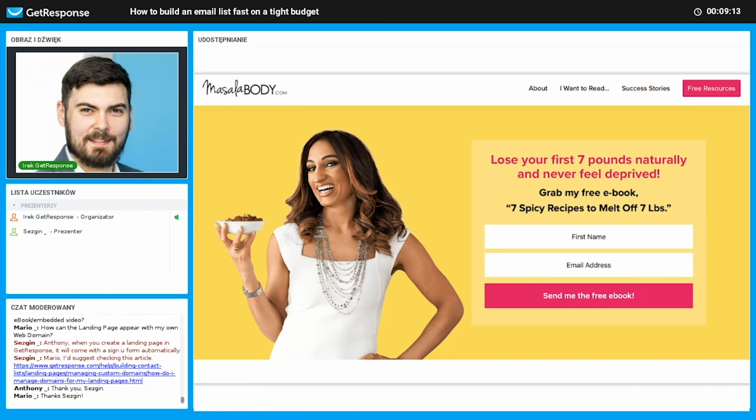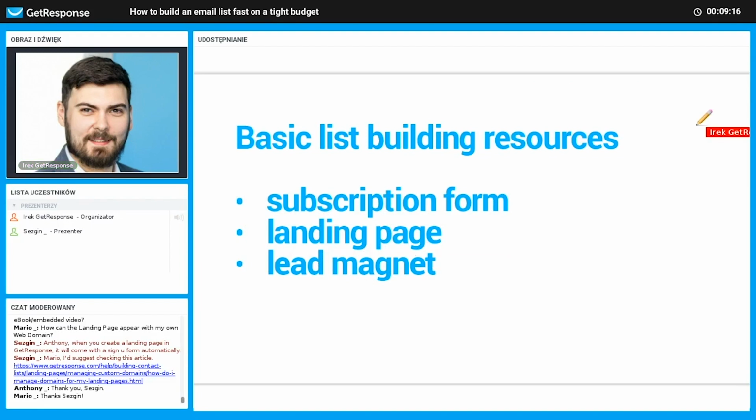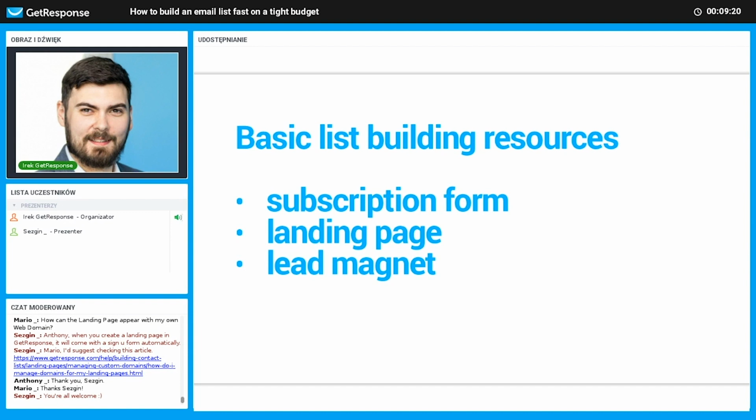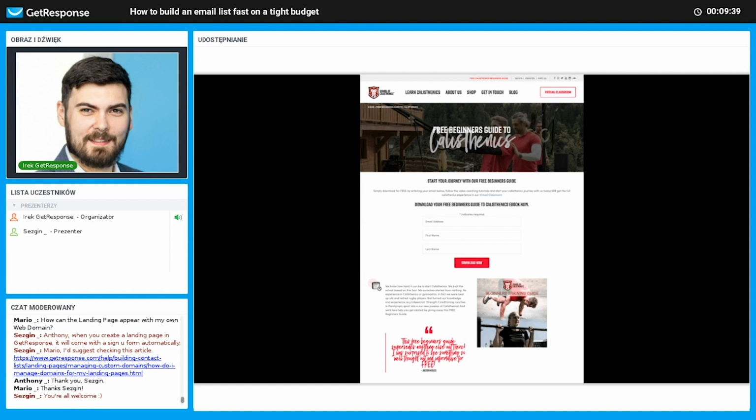So yeah, we've got a web form, we've got the landing page, and we need lead magnets, right? So a lead magnet is basically anything that is valuable for your target audience. This is why I started with target audience and potential customers, because if you think about effective lead magnets, you need to know what your potential customers will find valuable, because a lead magnet is anything that is valuable for them, so you will be able to use it in exchange for their email address. People will basically want to sign up to your newsletter in order to receive something.